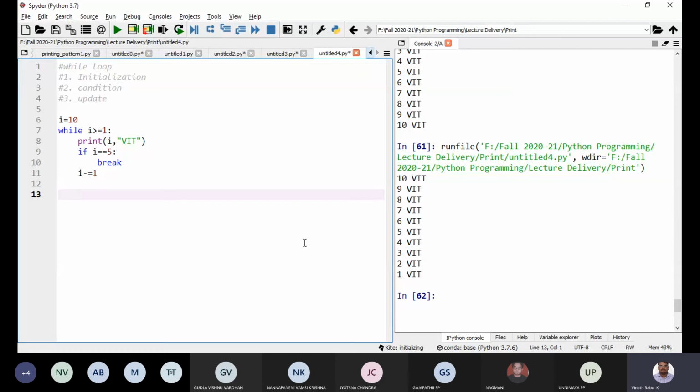What is the use of break actually? To come out of the loop after a particular condition.